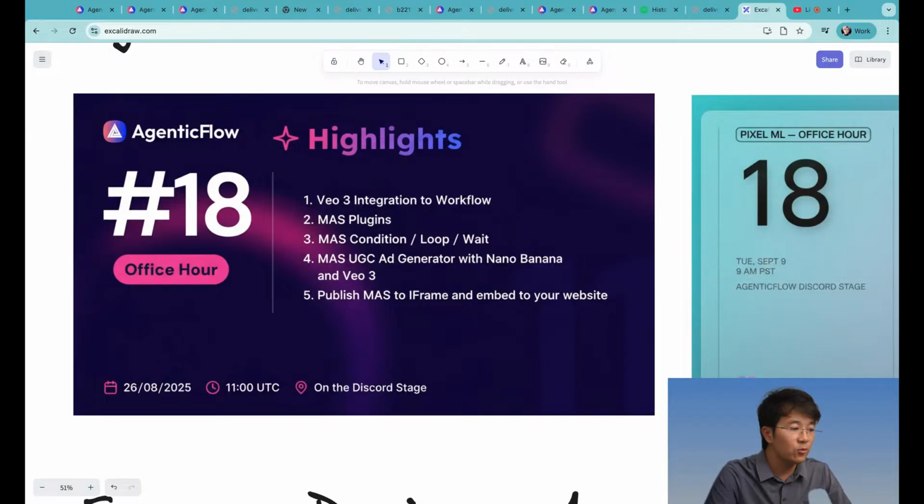Today we are going to go through a few parts. We are going to talk about VO3 integration directly into AgenticFlow. It can be used in workflow, in agent, and in multi-agent system. Today is kind of like MAS day, so we will share a bit more on what's new in the MAS, including plugins, condition, loop, and